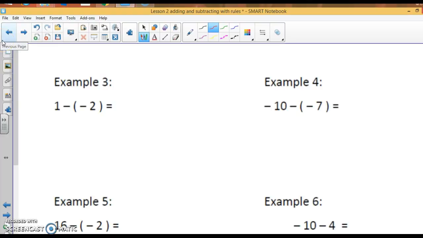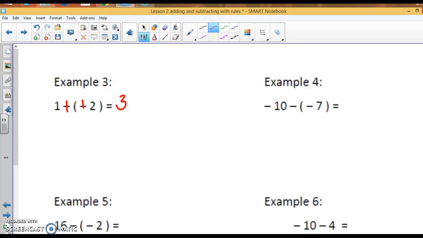Okay, here we go. 1 minus negative 2. You never touch the first number. Change subtraction to addition. That's my first mark. This is negative 2, so the opposite of negative 2 is positive 2. You add the opposite. Make 2 marks. So now look at the problem. 1 plus 2 is